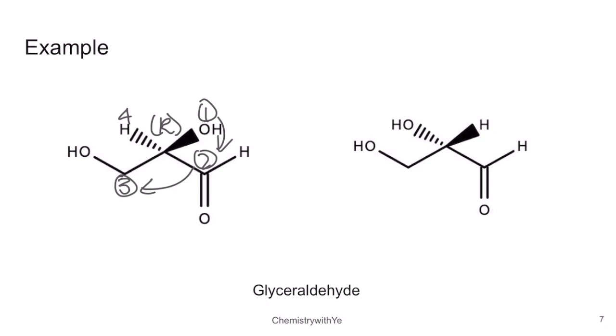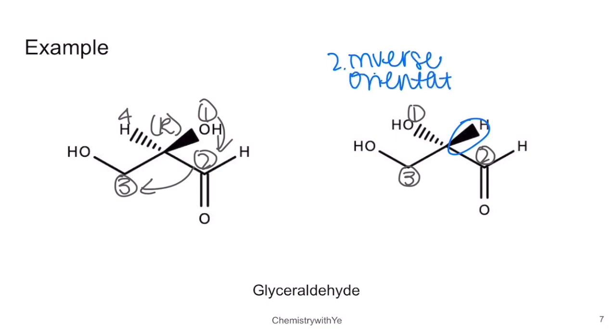The numbering of substituents would be the same for the molecule on the right, and since the hydrogen is bonded by a wedge bond, we would need to inverse the orientation. And although the substituents are representative of a clockwise configuration, because of the wedge bond, this would be the S